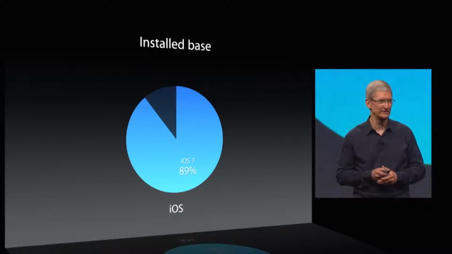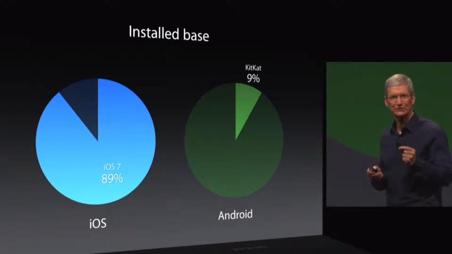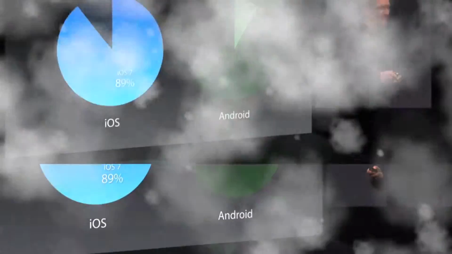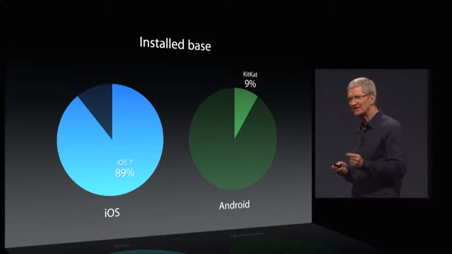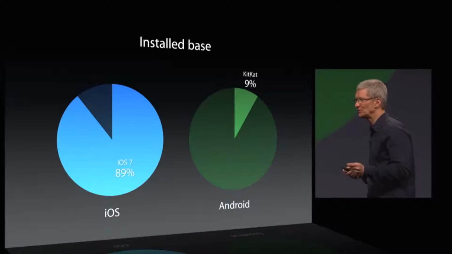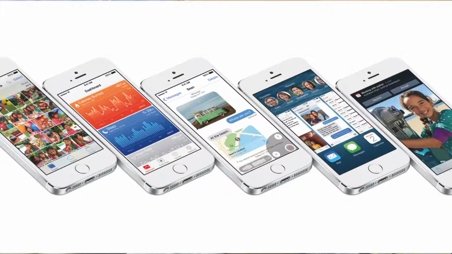The next part of the keynote began with Tim Cook once again on stage talking about the comparison of adoption rates between KitKat and iOS 7. Now, this you can't really blame Android for because of fragmentation. That's a huge mess. They're working on it, but it's nowhere near iOS. And once again, numbers don't lie. iOS 7 adoption rates are through the darn roof. But yeah, that is how he began that keynote.